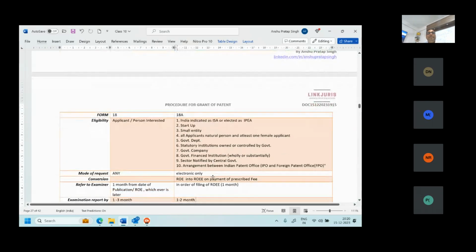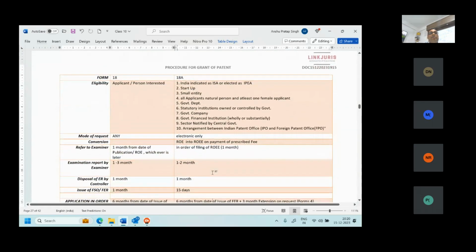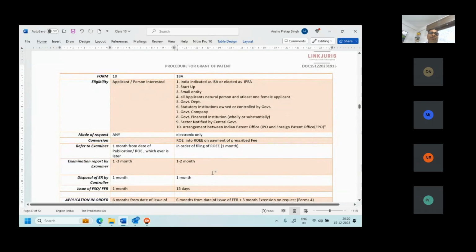Now, what are the requests? You can file a request for examination in hard copy as well as online, offline or online, both ways, but expedited examination can only be done electronically. Now, conversion. A REE cannot be converted into RE, right?